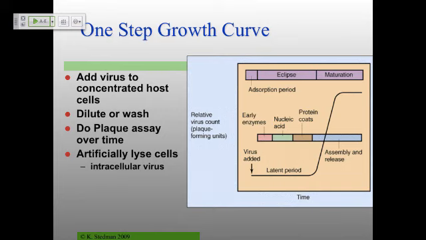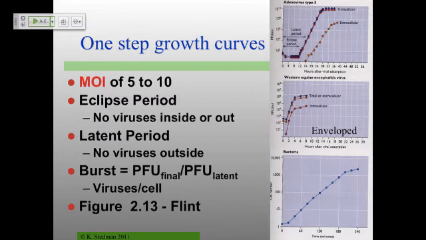Some real growth curves are shown here on the next slide, which also reminds me, these are figures from the Flint textbook, which should be on reserve in the library now. I took it over there yesterday, and it usually takes them a day or two to actually get that. So it's on 2-hour reserve over there. So these are just some cases here: 2 different viruses at the top, and this is just a bacterial growth down here at the bottom to show that they're different.